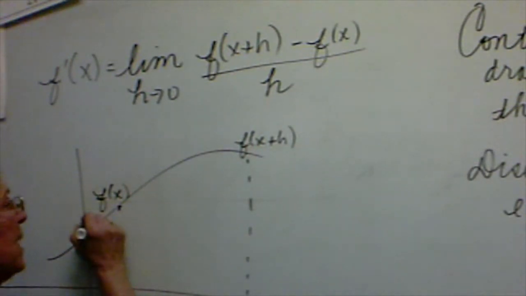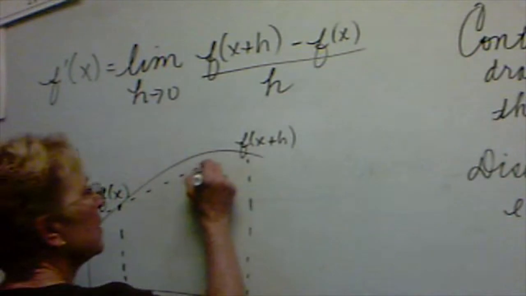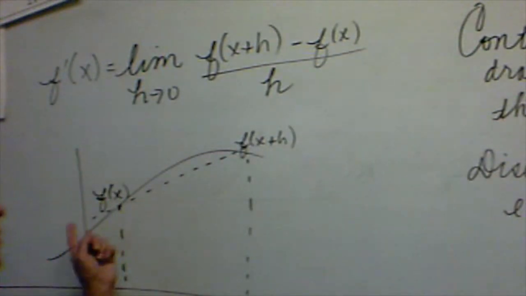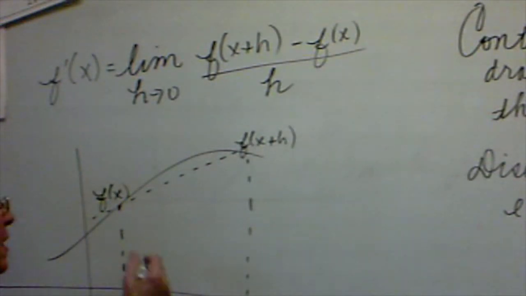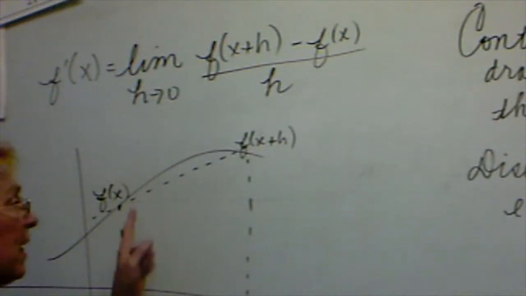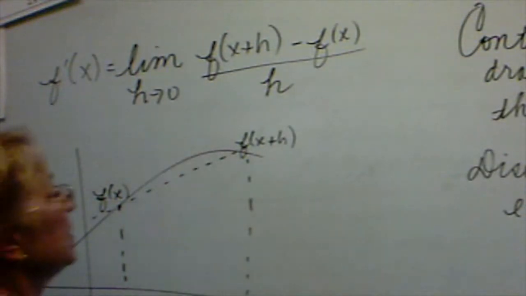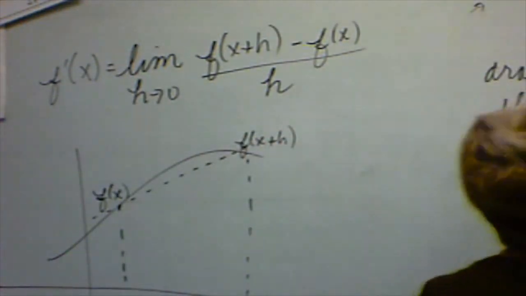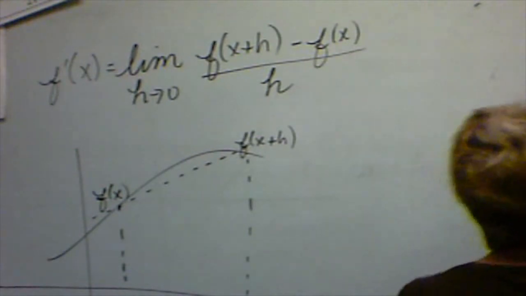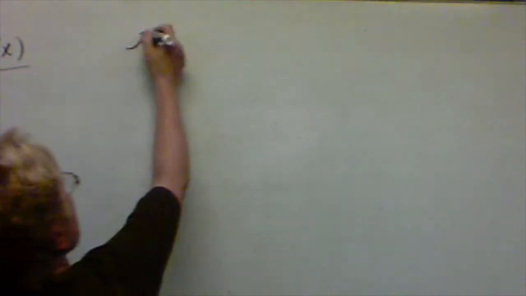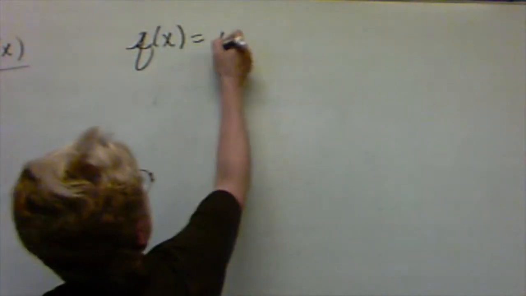And instead of having a secant line that goes from start to finish, we're going to have a tangent line that indicates slope at a point, instantaneous rate of change. So there's our definition. Let's practice with a simple function. If our function is x squared plus 2,